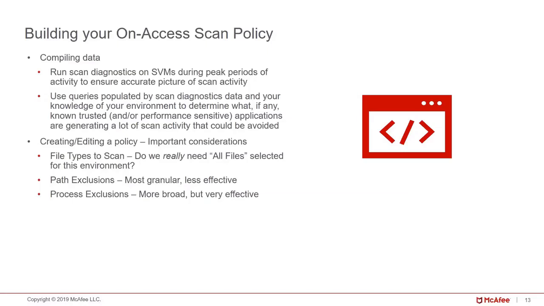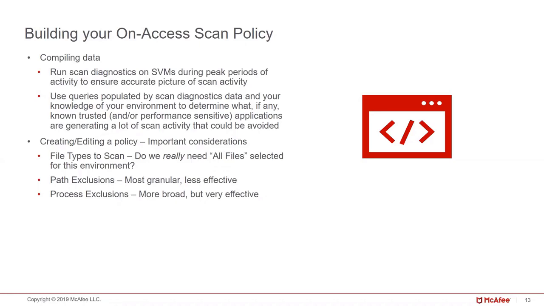That is something that you need to work with your security team to figure out if that's an option you really need, but it is something to consider. And in terms of exclusions themselves, path exclusions versus process exclusions. Process exclusions are always going to be more effective in terms of excluding all of the activity of that process or application, but they do inherently carry a slightly greater security risk over path exclusions, just because you're not explicitly